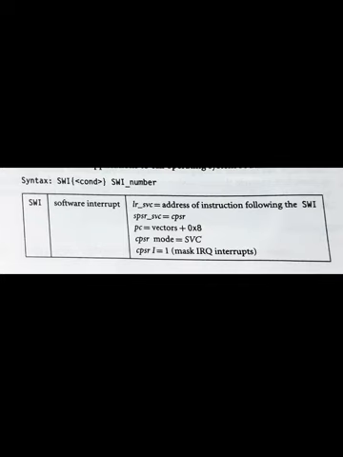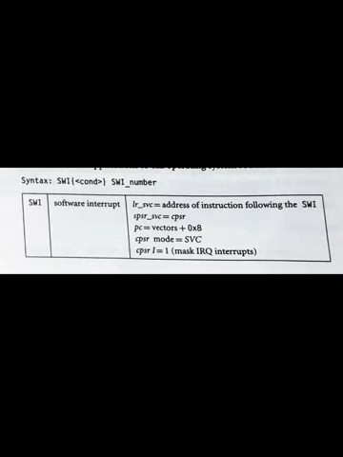When the processor executes the SWI instruction, it sets the program counter PC to the offset 0x8 into the vector table. The instruction also forces the processor into SVC mode, which allows the operating system routine to be called in privileged mode.